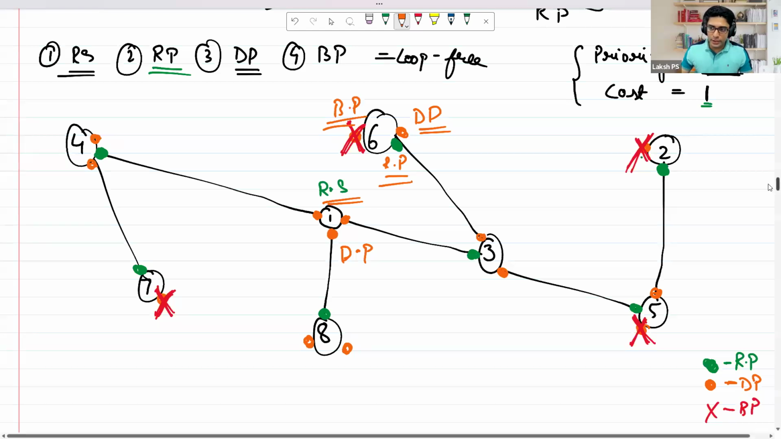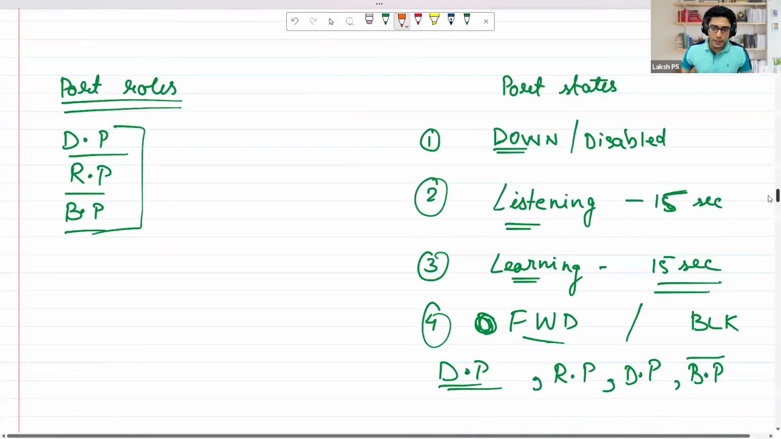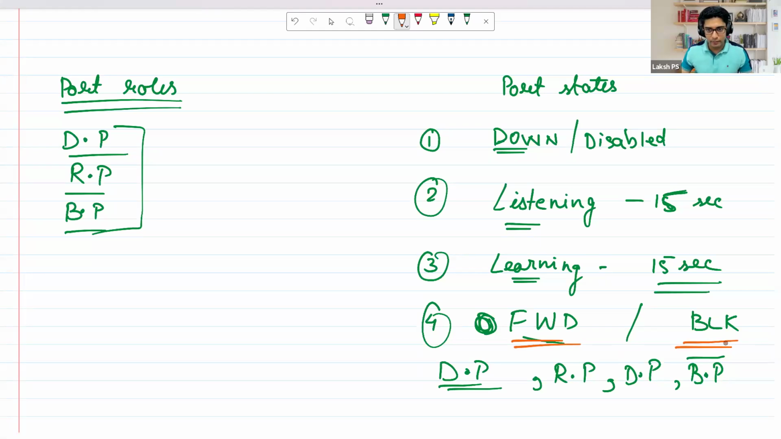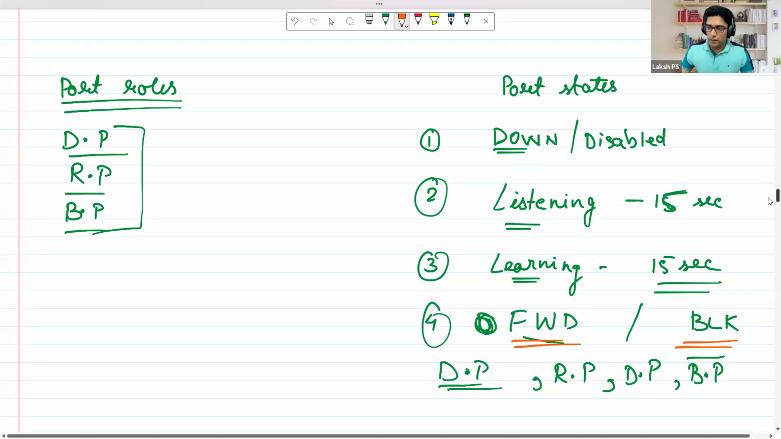Okay, so all these switches go through these 4 states before moving into either a forwarding state or a blocking state. Clear? Any question? No, sir. All right. Now,